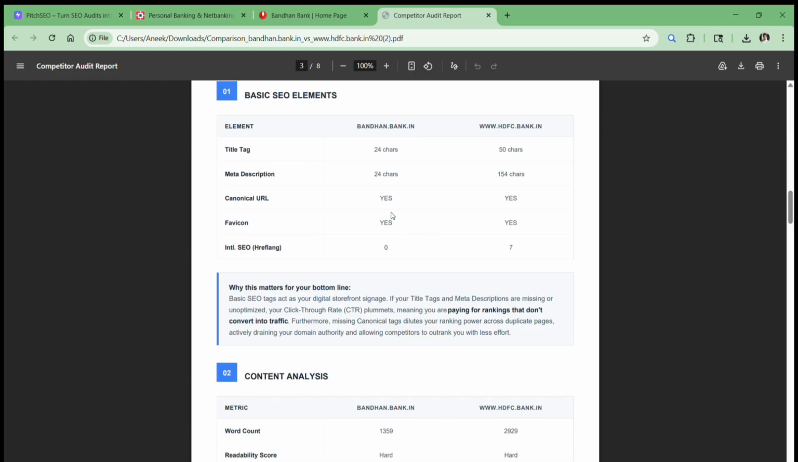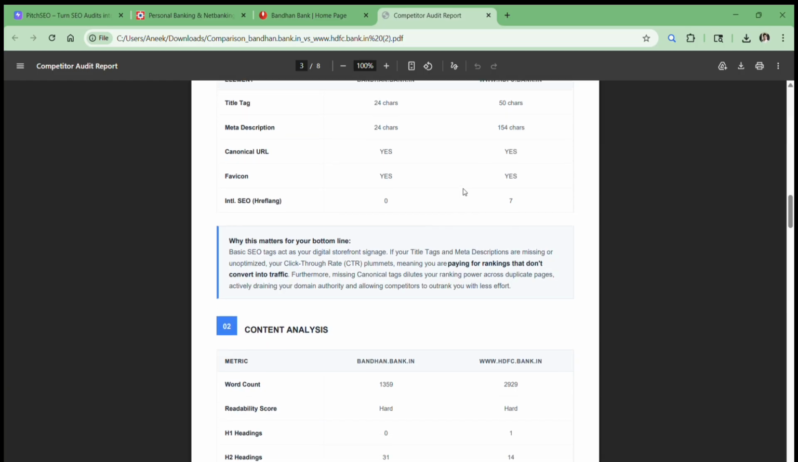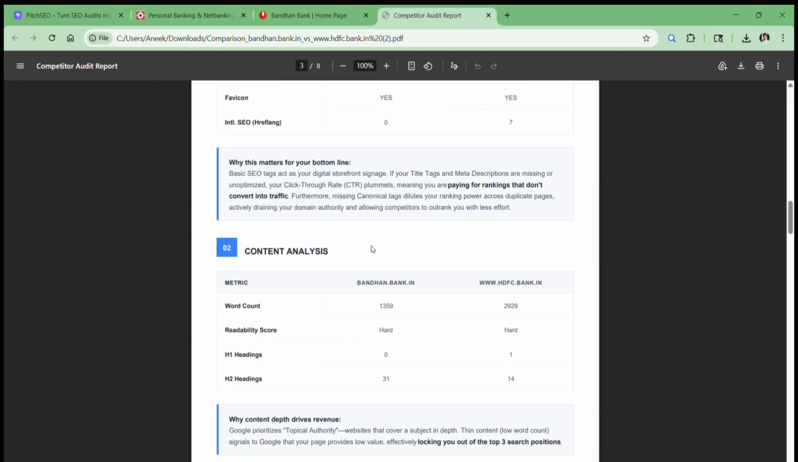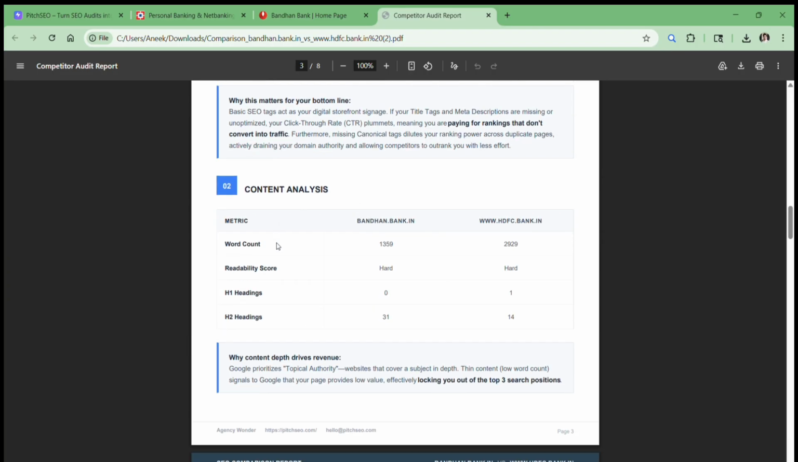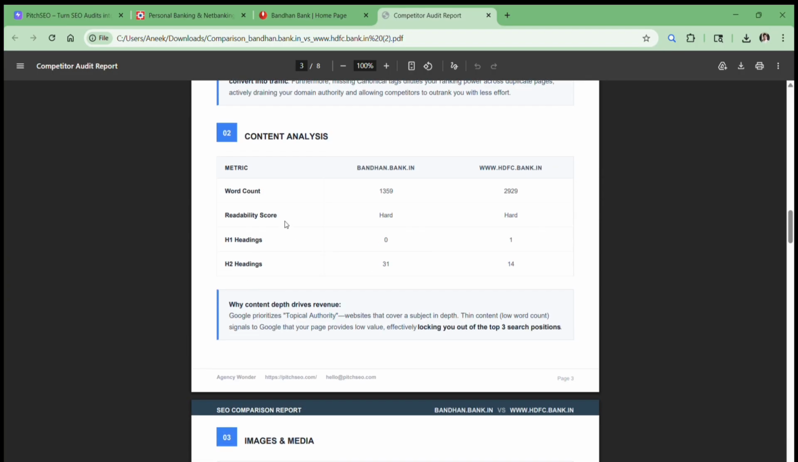Do you have favicon or not, canonical URL or not, meta description, title text? So if you look at this, Bandhan Bank is having a very poor meta description, only 24 characters, right? But if I compare it to HDFC Bank, they have an ideal meta description, 154 characters is quite ideal, right? Then you have content analysis, how many words found, what is the readability score,